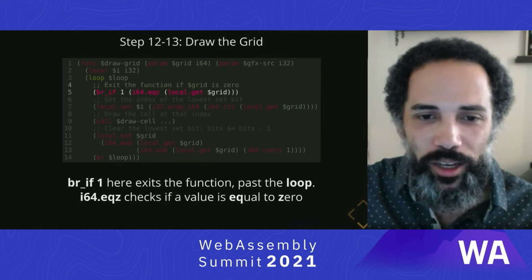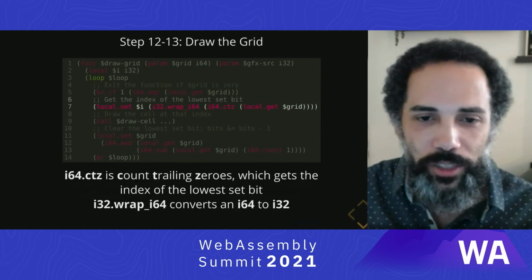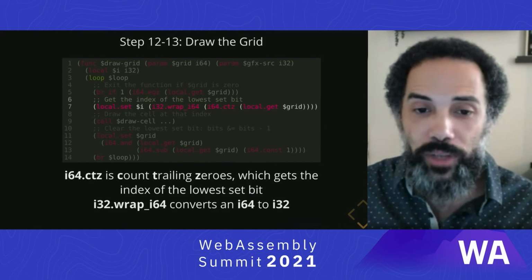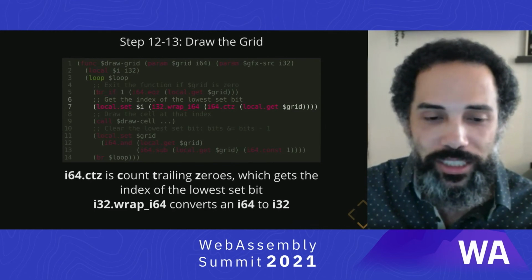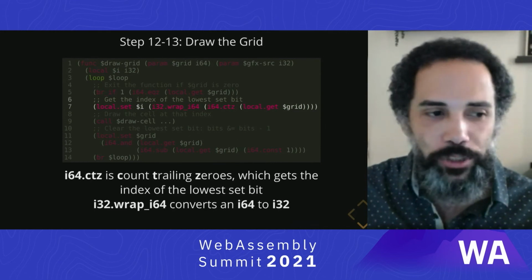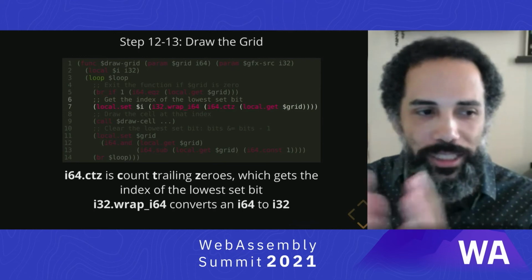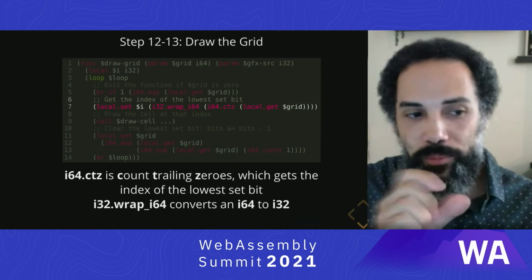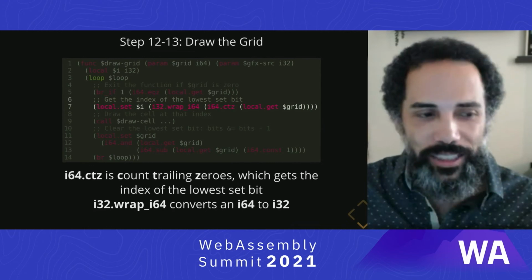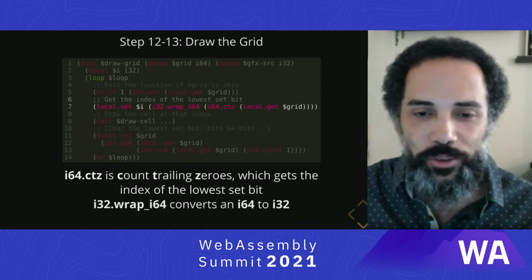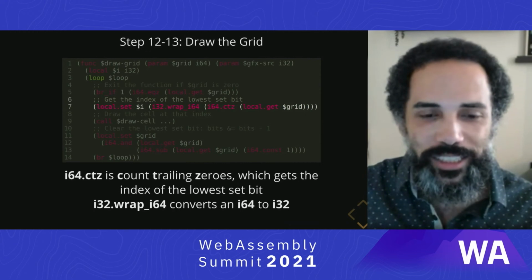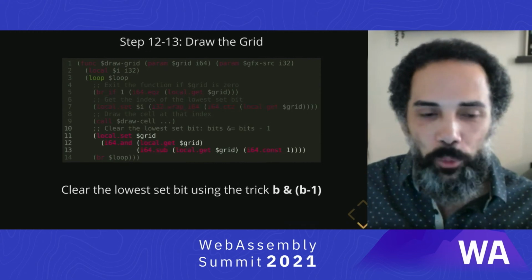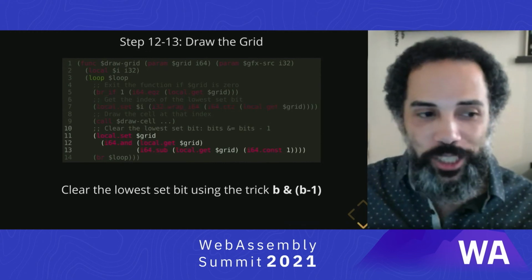So the one thing I want to talk about here is another interesting instruction that we don't actually see in JavaScript, which is called CTZ, which is count trailing zeros. This will give you the index of the lowest bit that's set in the bit mask in the I64 value. So that's how we're determining which bit to do next. And then the way that we clear the lowest bit is actually using a nice little bit hack.